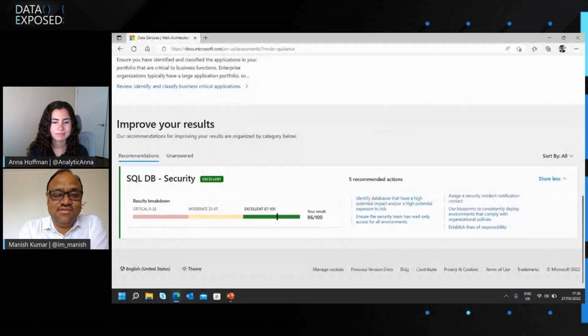If you haven't taken enough security considerations, it may come down to critical or moderate with a lot of recommended actions. So you can see all these actions over here. If we click any of those, it opens Microsoft Docs and gives more details about what exactly it is and what you should be doing to configure those features. So that is how you'll get a Microsoft assessment result, and it gives you a very good score and a very clear recommendation list with all the URLs and the help you would need.